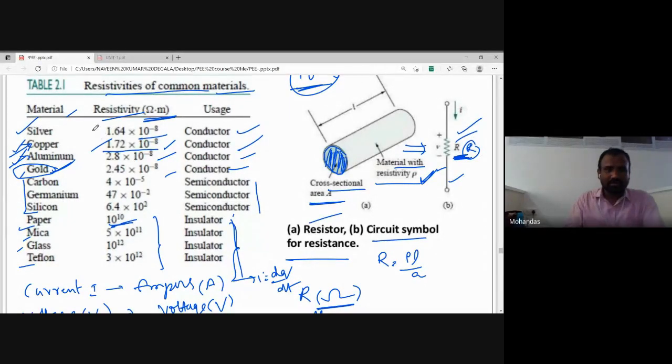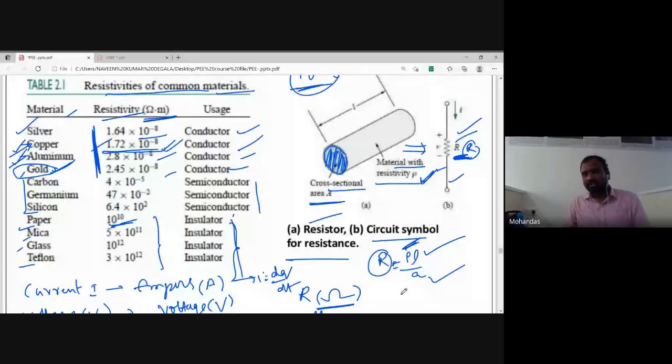So these are the specific resistances. Sometimes they will give the length of the conductor and the area of the conductor, and you want to calculate the R value for a particular copper or silver. Then you have to substitute this value, 1.72 into 10 to the power of -8. So these are the basic things which are used to understand Ohm's law. Once you are thorough with these definitions and concepts, Ohm's law is very simple. So in the next class, we'll discuss Ohm's law, KCL, and